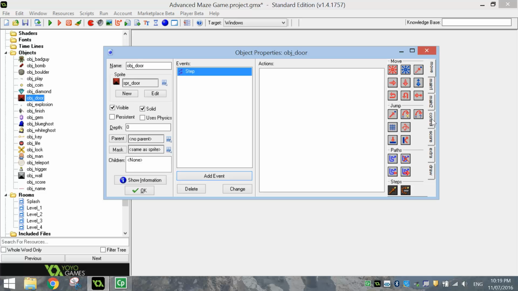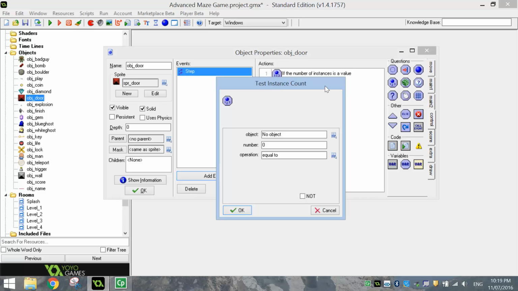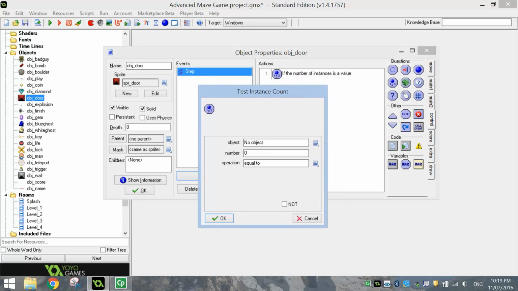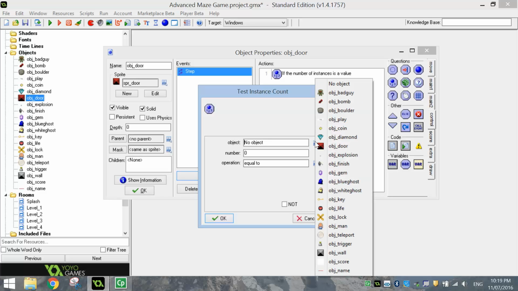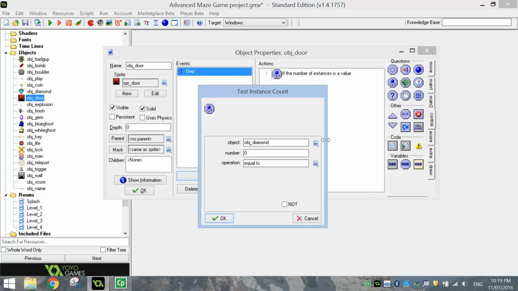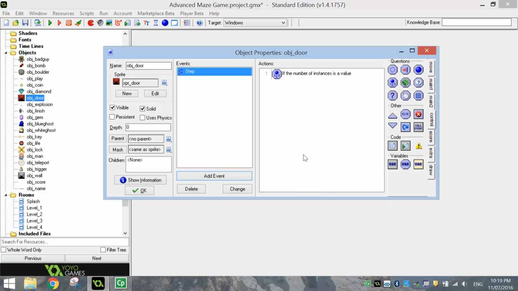Okay, so the first thing we're going to do is go down to the Control tab. Look for this blue ball with the 1, 2, 3 written underneath it. Okay, it's called Test Instance Count. Just right click on that, and what we're going to do is count how many diamonds are on the screen. So the object that we want to count is the object diamond. We want that number to equal 0. That means that there's no more diamonds left on our screen. We've collected them all, and the operation equal to is fine. Okay, so when the amount of diamonds is equal to 0 on the screen, that's when we're ready to open